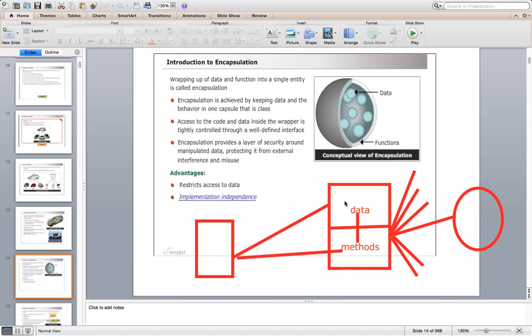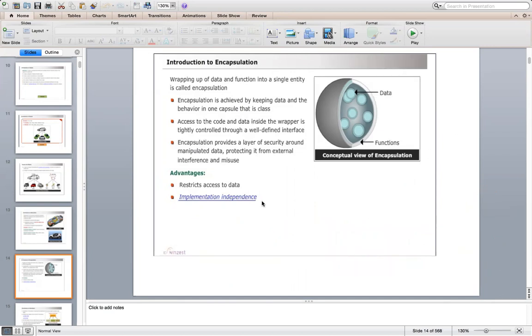Through this method only I can access this data. This is how data is secured in Java, and that is possible with encapsulation, where the data and methods are tied together. So I hope encapsulation is clear. Let's move to the next principle.